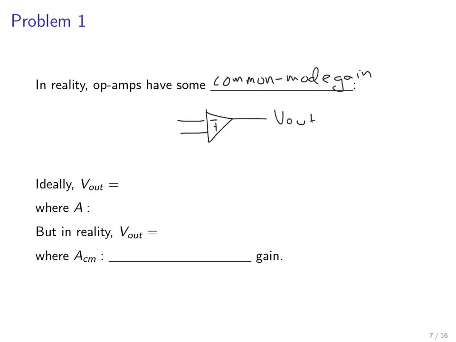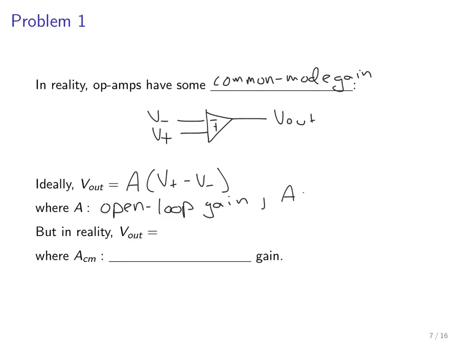You have some voltage V out, and then you have the voltages on the 2 terminals V minus and V plus. Now with these definitions, ideally V out is equal to the scalar A times the difference of the 2 signals, V plus minus V minus, where A here is the open loop gain and we assume that A is equal to infinity. It drives up the output voltage until at least you hit the voltage rails of the op-amp. But in reality,